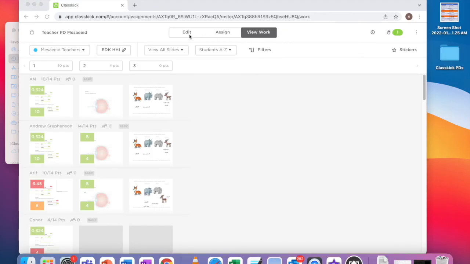As a teacher, up here you'll see Edit, Assign, View Work. If for whatever reason you want to modify the assignment. Now, if you modify the assignment afterwards, it's going to delete whatever student's work is. So if you're going to delete a slide, all of those students' work on that slide will be deleted. Now, if I click edit here,